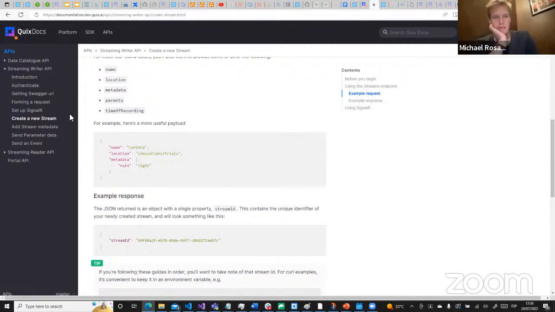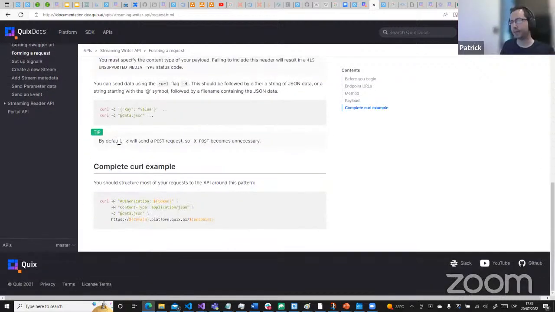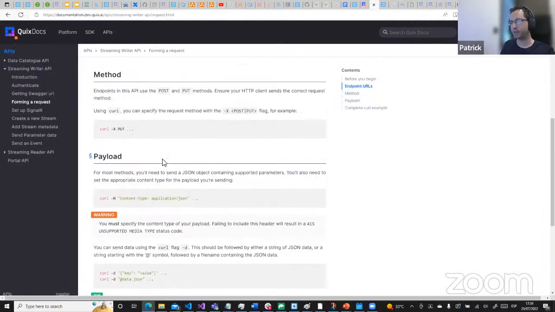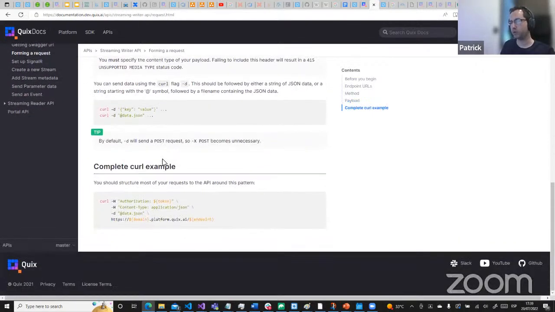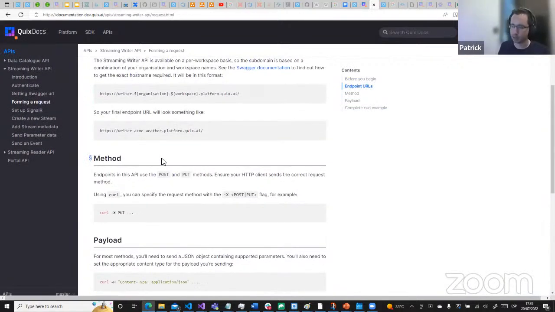Exactly. Very smart. But then, Patrick, I'm noticing here you've got SignalR and what else? HTTP. Well, is this two APIs or is it one? No, it's the same API, but with different endpoints. Can you explain the difference? So HTTP is a very old technology. Almost all languages on any device can send data through HTTP, and that is the reason we provide the HTTP protocol.